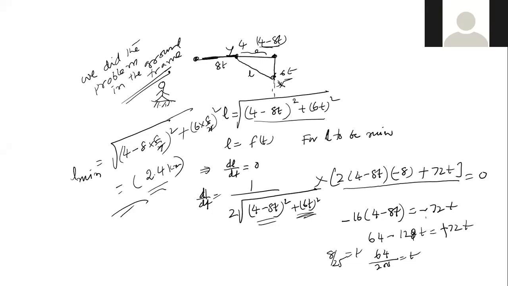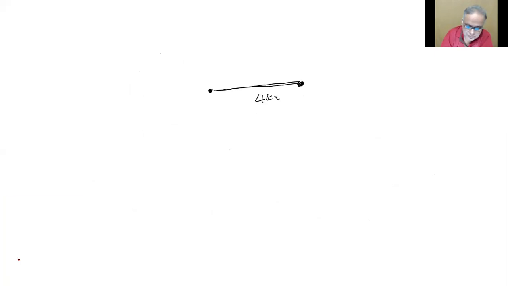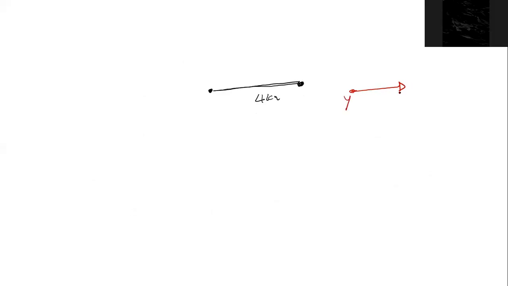Yes, sir. Now I'll go to the other one, which is very nice to look at. Look, this is 4 kilometers. Don't mix up the vector diagram with the distance diagram. I'll tell you what it means. I'll draw it separately. Actual velocities were here, right? This is x. X velocity is how much? Y is 8.